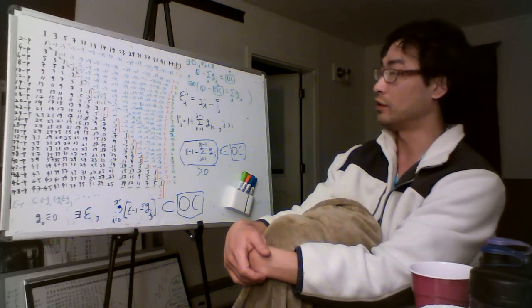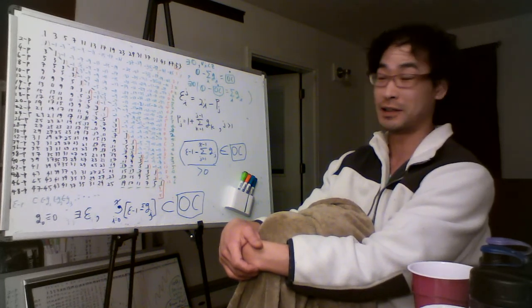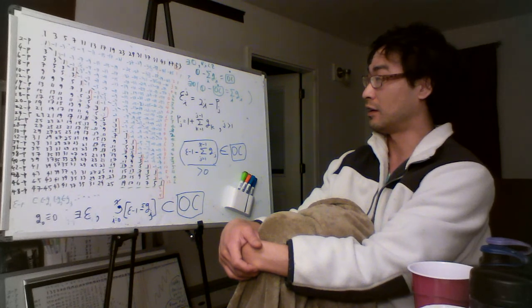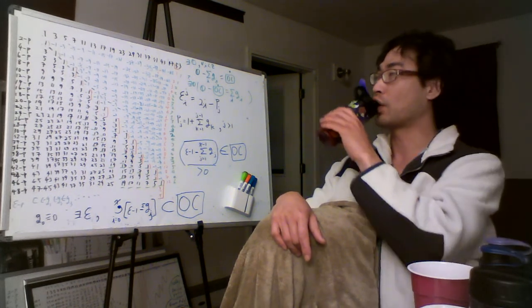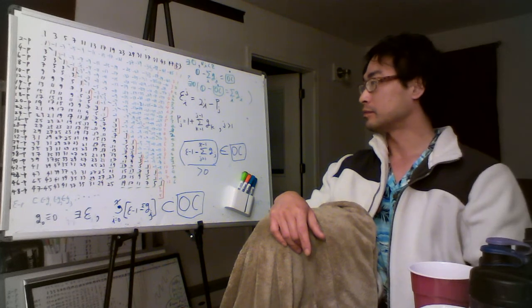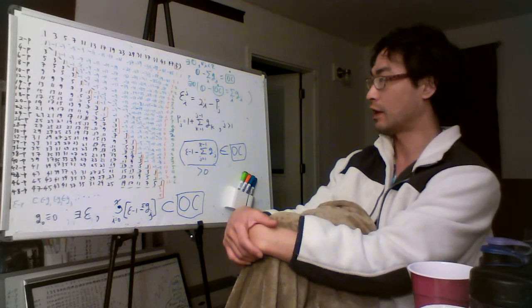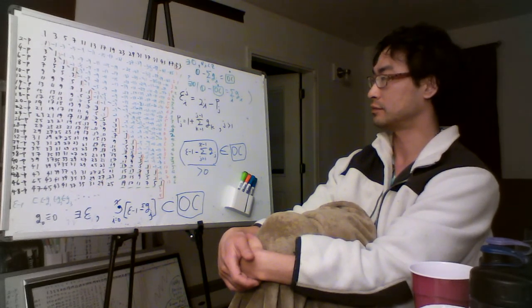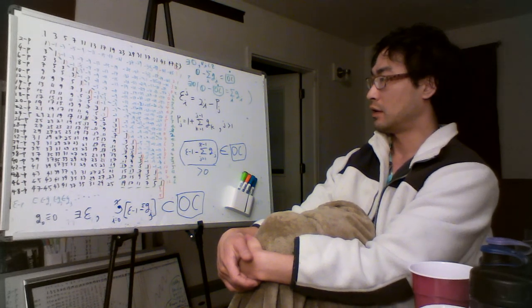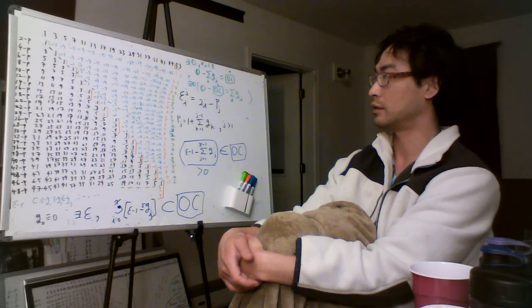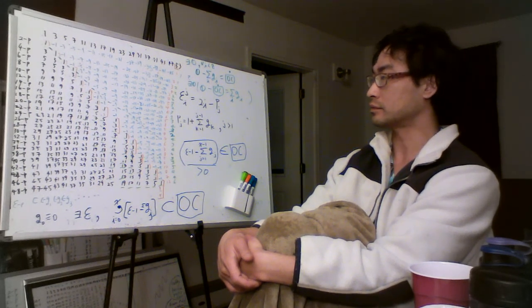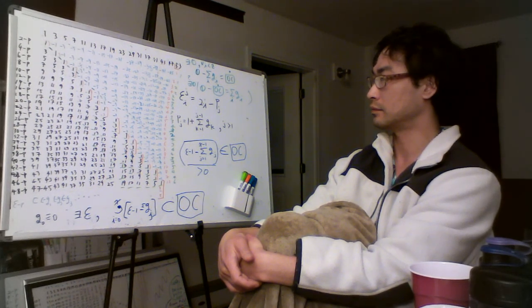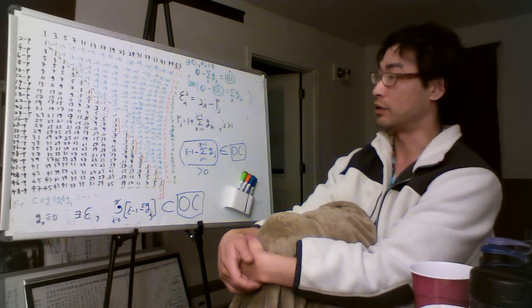But because there are an infinite number of primes, right, a one will appear at some point. And when that one appears,